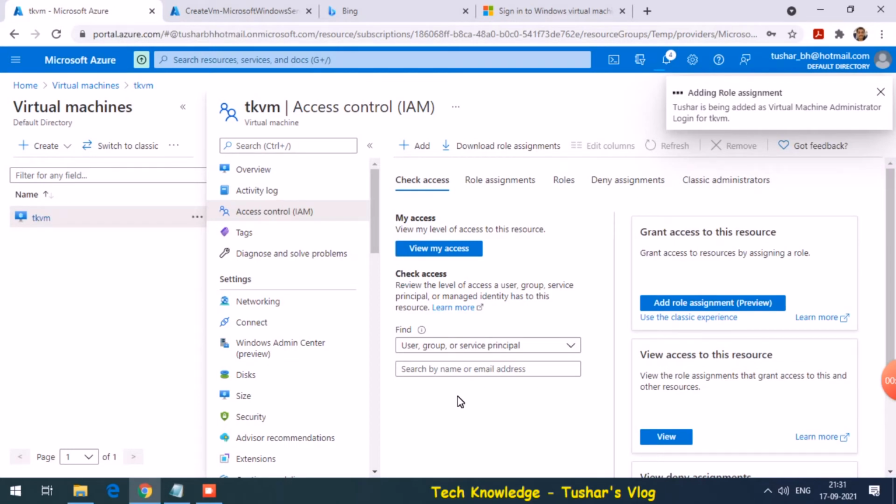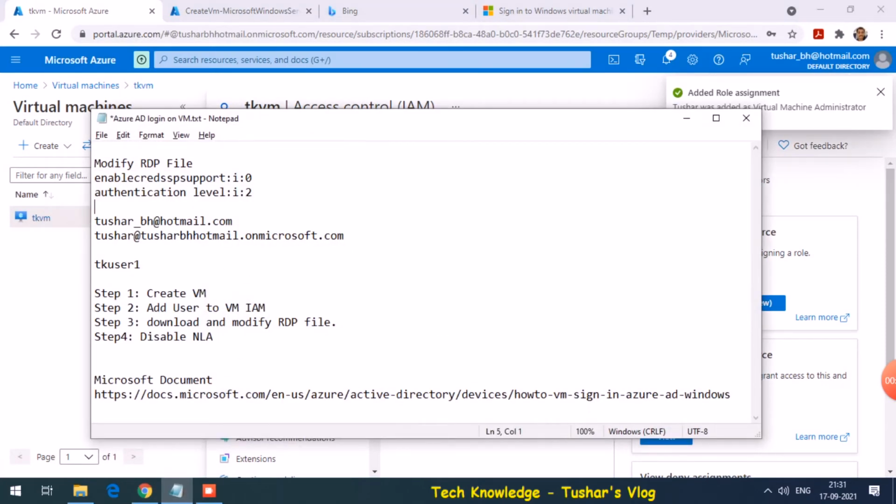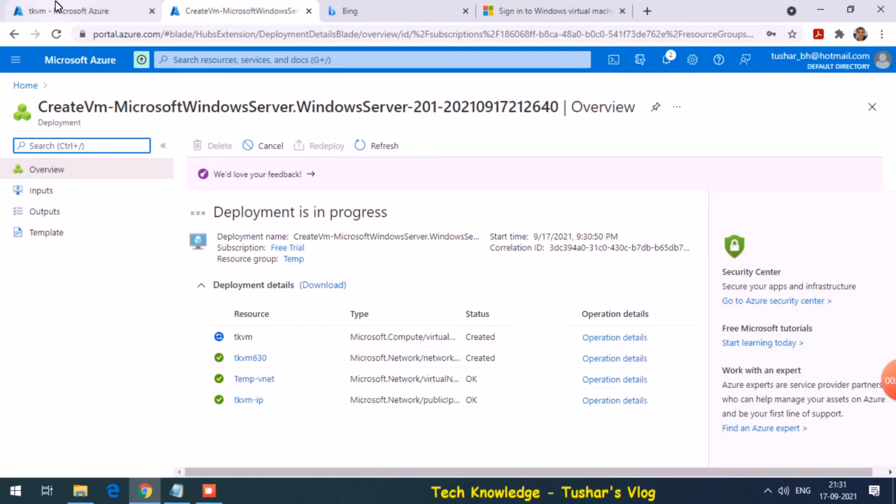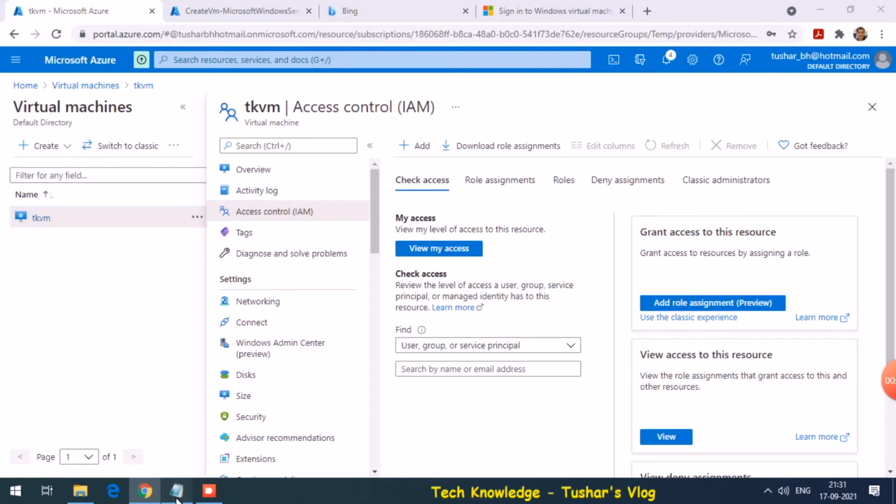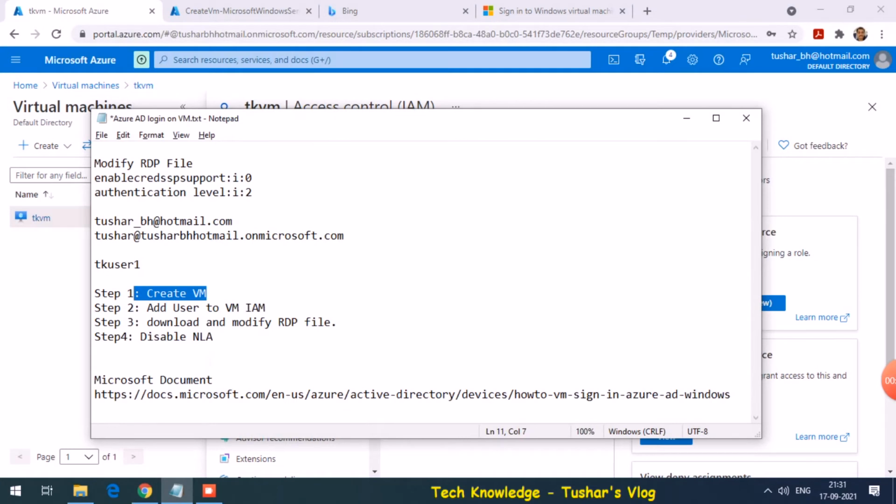Let me save it. So creating the VM, it's still in progress. However, it must be in its last stage. But we were able to add the user in access control for this VM.